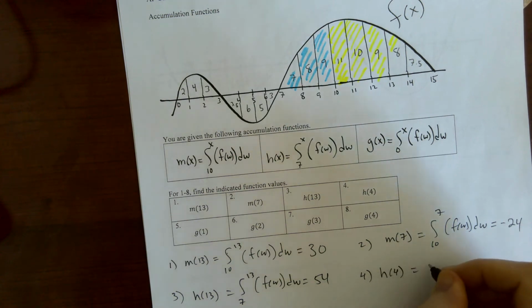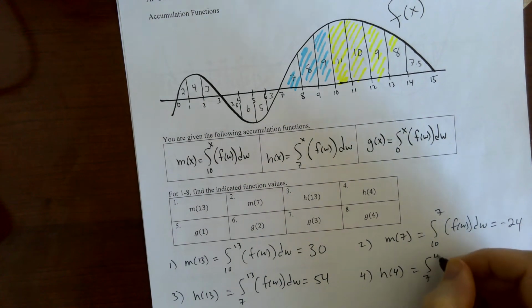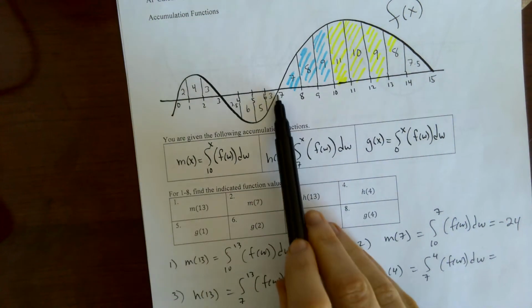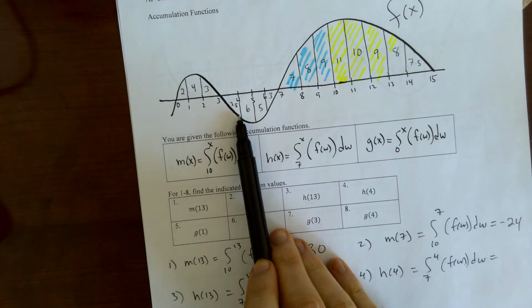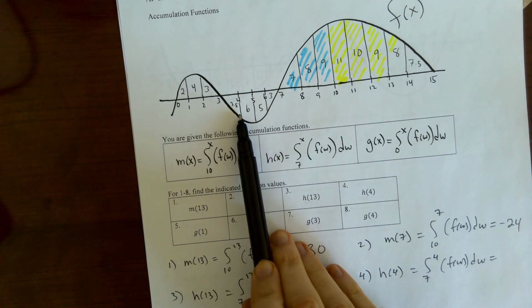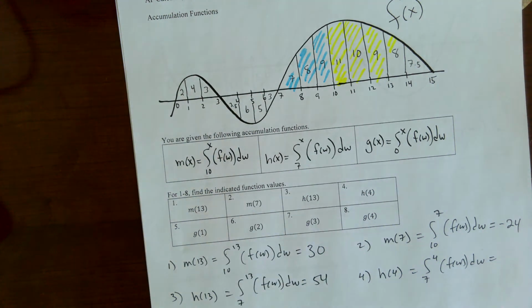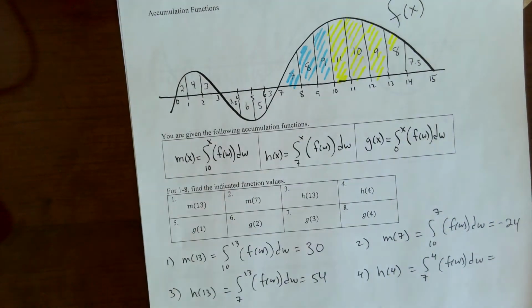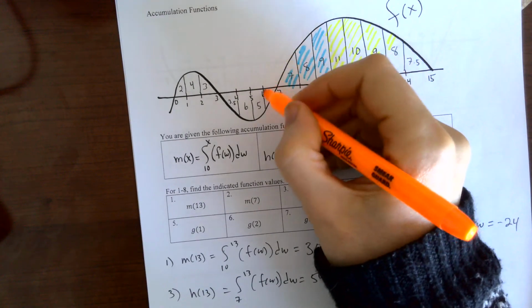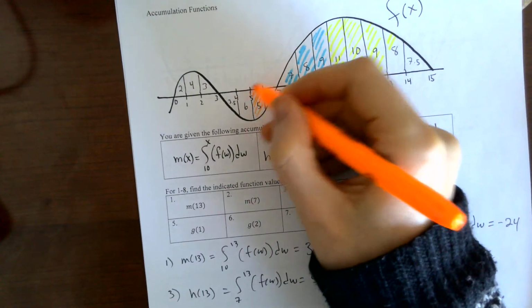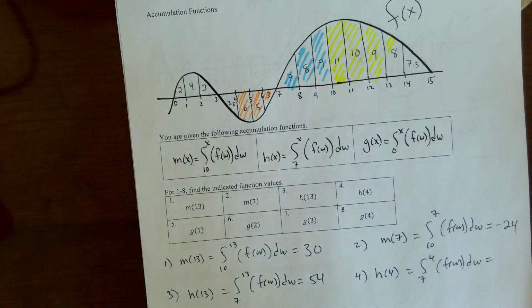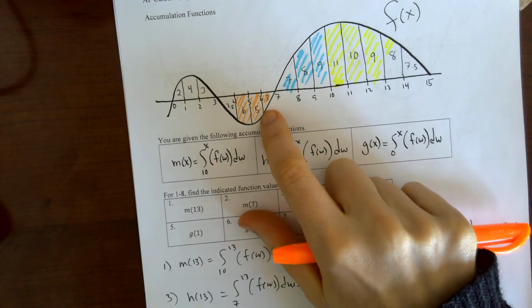H of 4, that's the integral from 7 to 4 of f of w dw. So from 7 to 4, guys, this is a backwards interval, so we're going to have to negate the areas. But since these areas are already below the x-axis, they're already negative, and now I'm integrating backwards, so we're going to end up with positive areas. So from 7 to 6,